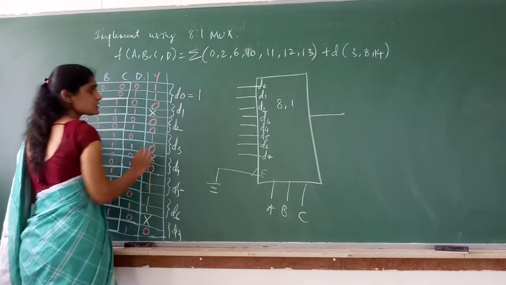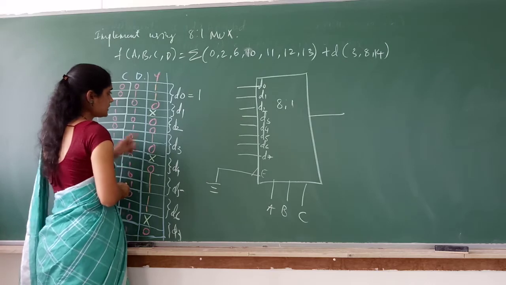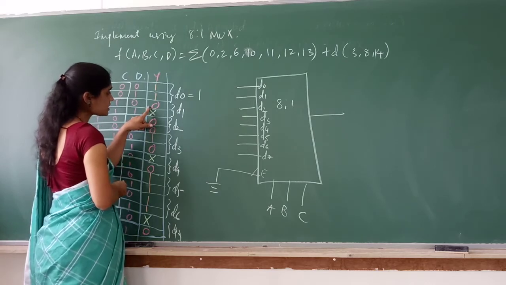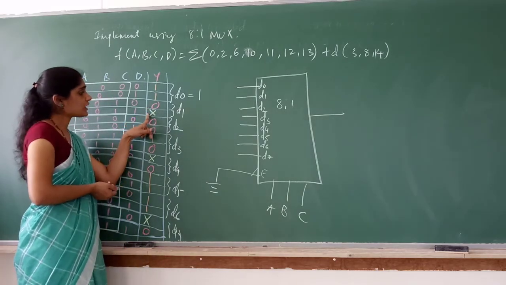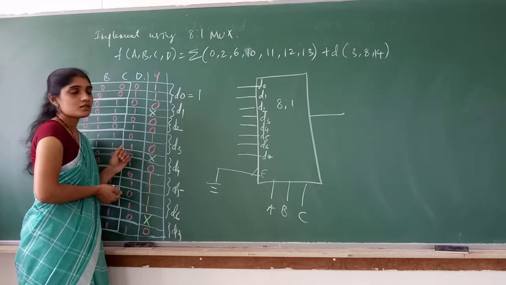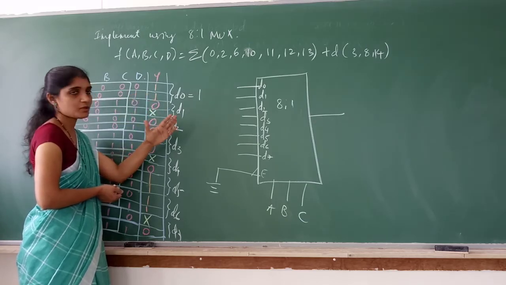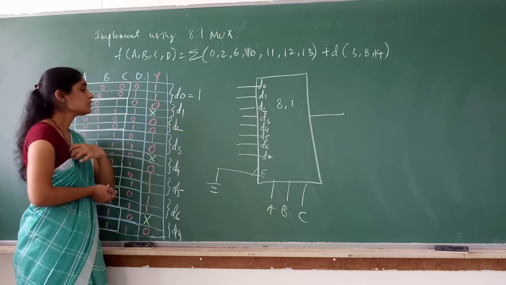1. So I can write D0 as 1, no doubt. But look at D1. This is 0. For one combination, the output is taking 0. But for the other combination, output is X, don't care. So to implement this function using multiplexer, when we have a don't care term, so what we do is,